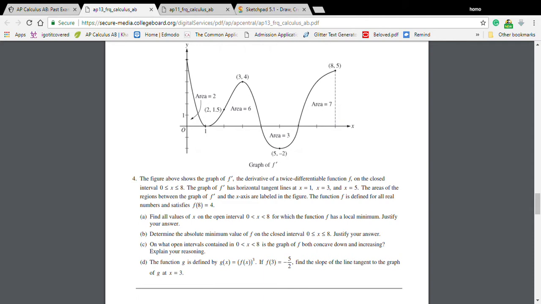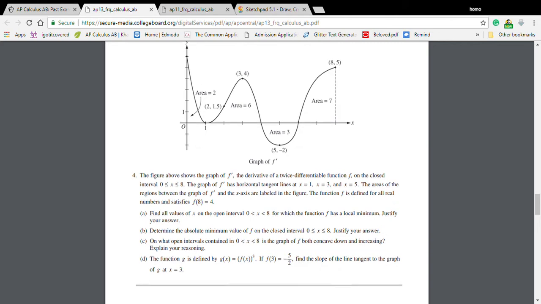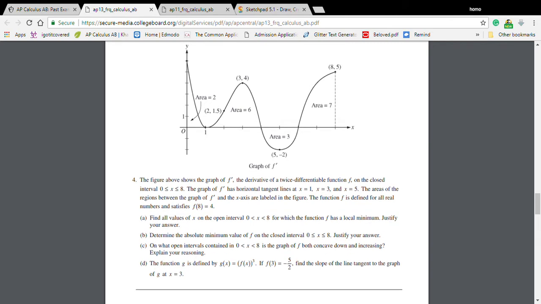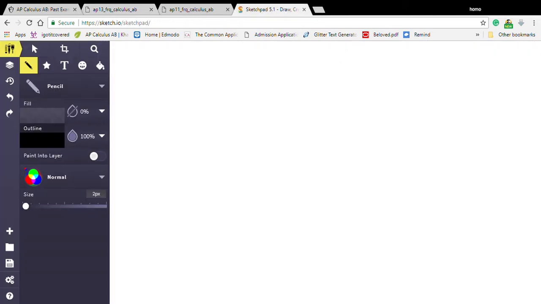So first of all, what's a local minimum? A local minimum is when f prime of x goes from negative to positive. We can see here that f prime of x goes from negative to positive when x is 6. So for part a, we're going to write, excuse my writing, at x equal to 6, f of x